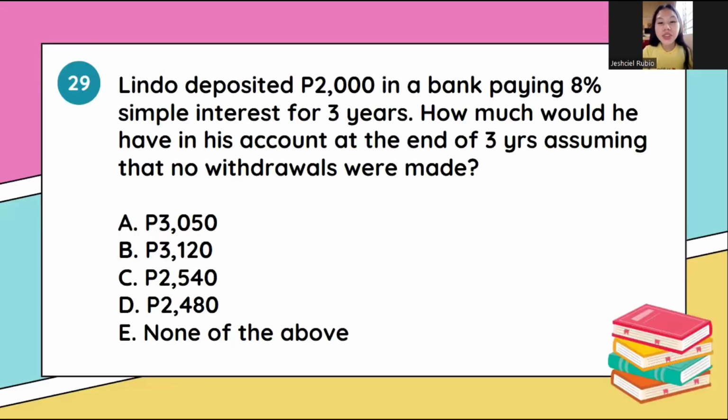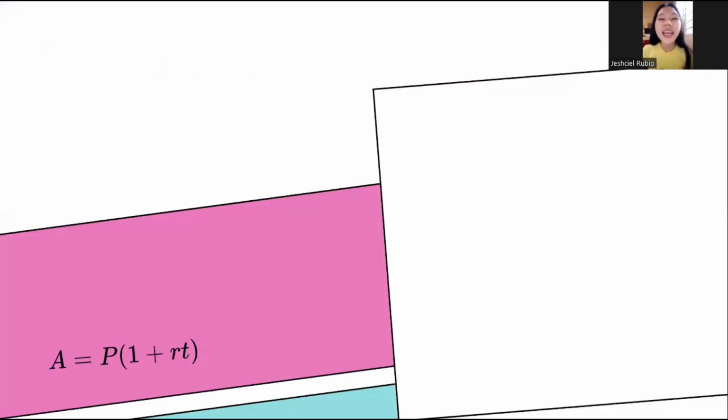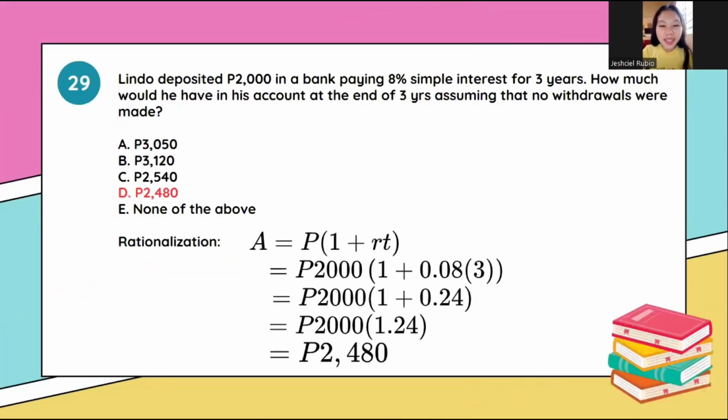Lindo deposited 2,000 pesos in a bank, paying 8% simple interest for 3 years. How much would he have in his account at the end of 3 years, assuming that no withdrawals were made? A, 3,050; B, 3,120; C, 2,540; letter D, 2,480; or letter E, none of the above. So what do you think is the correct answer for this? So let's solve it. So the correct answer is letter D,